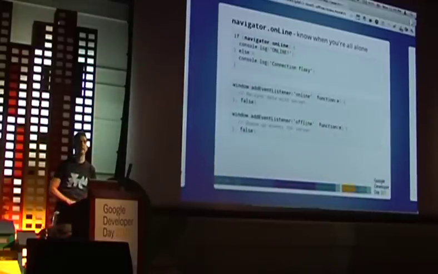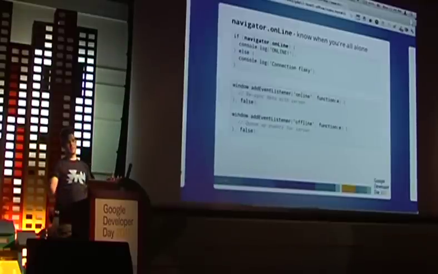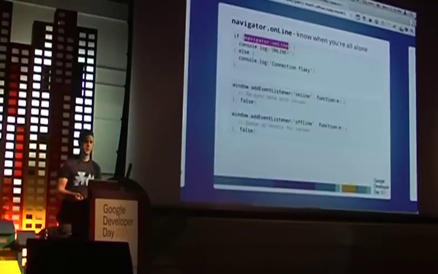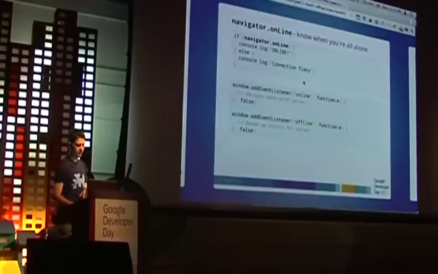The navigator.onLine property and online events are how you know if you're online or offline, which is helpful. navigator.onLine is either true or false, depending on the status. This was added to Chrome maybe 7 months ago, not too long ago, but other browsers have had it in place for a longer time. So this is good to go, good to use today. There are also online and offline events, and these just fire when your connectivity